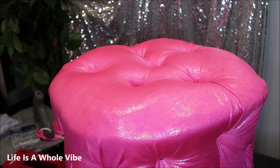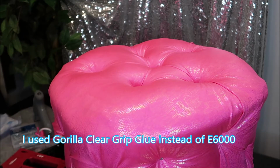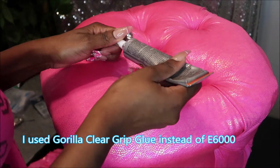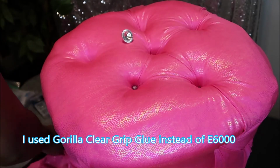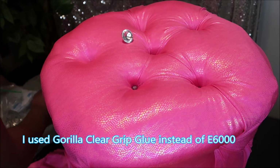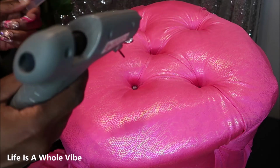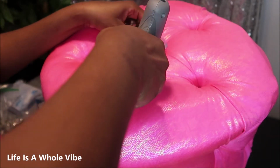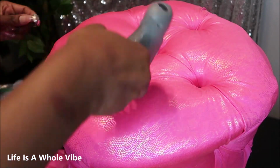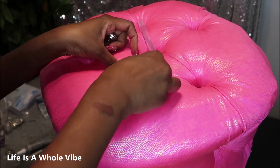I'm gonna use a combination of E6000 and hot glue. So strong. I have my hot glue gun, extra hot glue sticks, and I'm just gonna go ahead, fill that circle up, drop my gem,